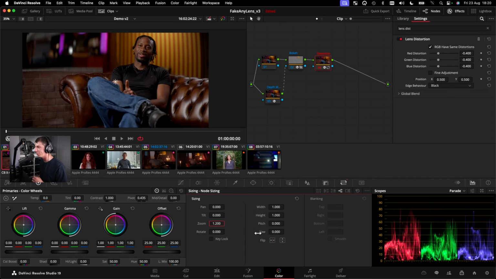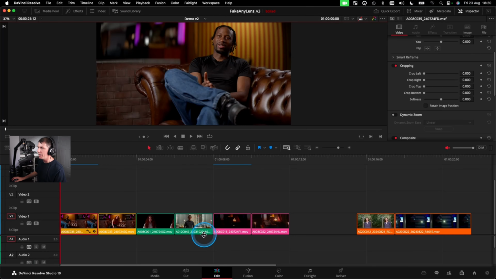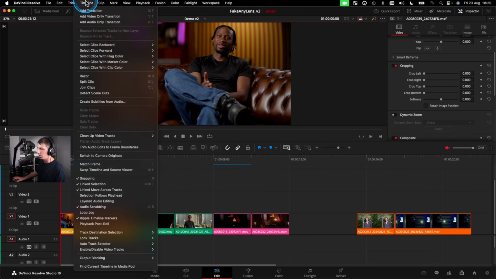All right. Do you know what a really important part of the Cinemascope look is? That's the aspect ratio of the image. So let's add some letterboxing to this. I'm going to head back to the edit page. I can do that if I go up to timeline, output blanking. Look, I can turn on 2.39 output blanking here,